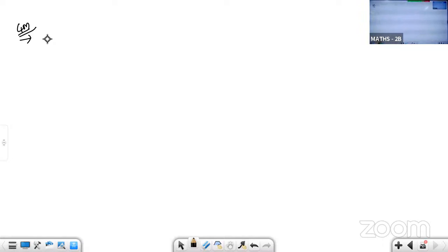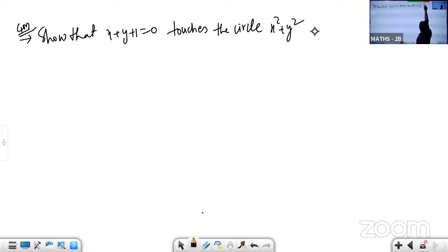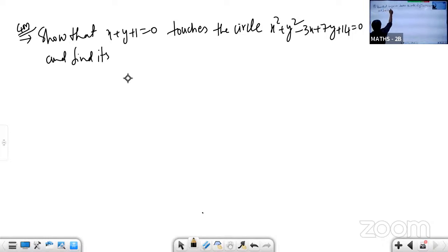Now show that x plus y plus 1 equal to 0 touches the circle x square plus y square minus 3x plus 7y plus 14 equal to 0, and find its point of contact. Now see here,